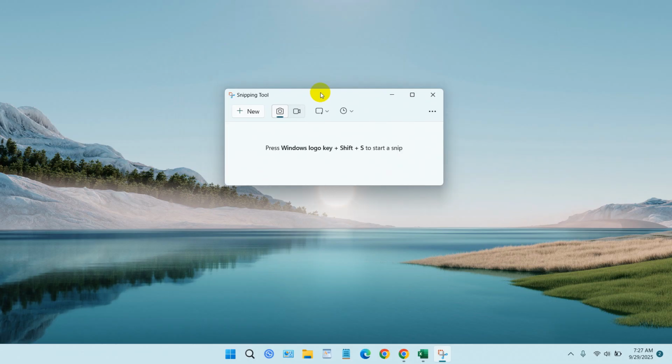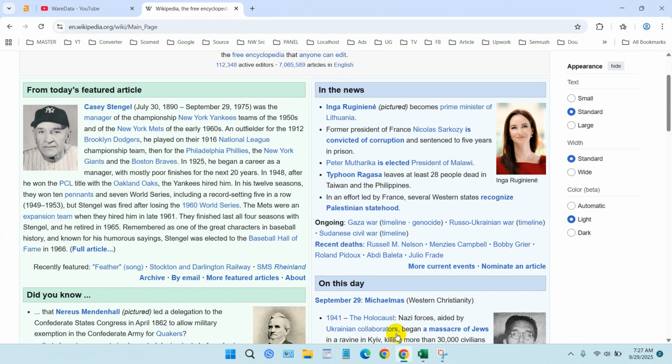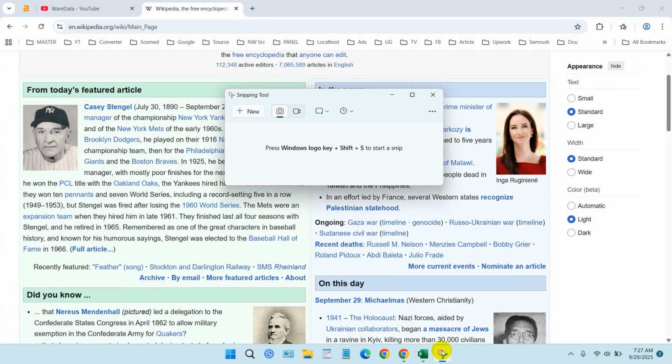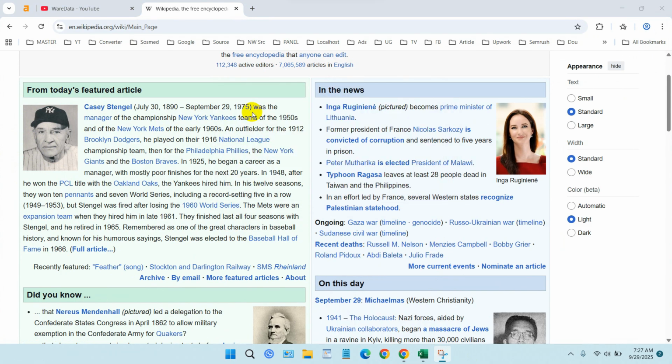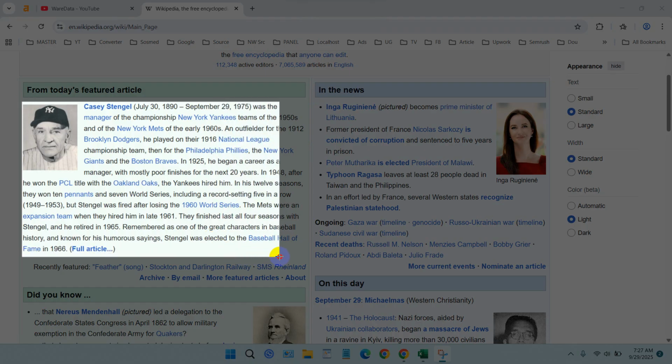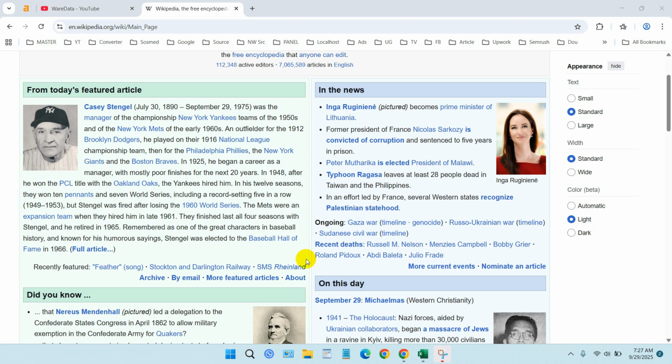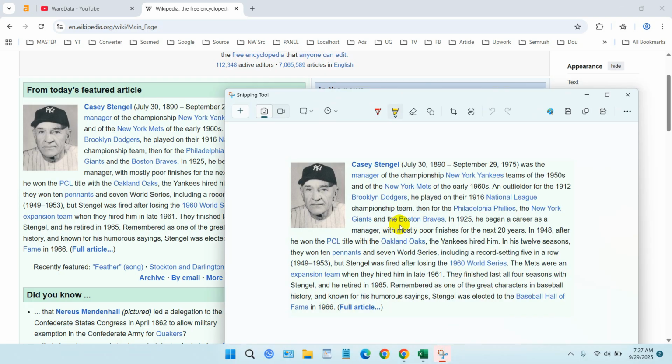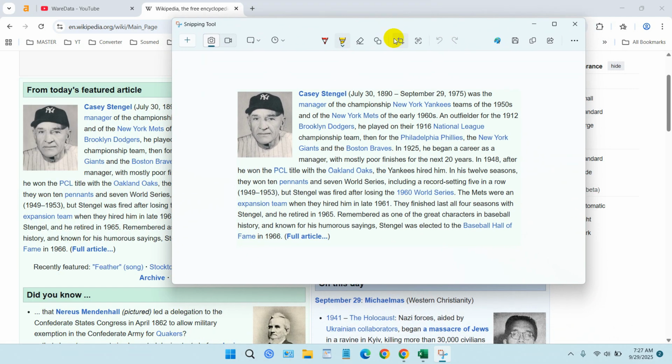Okay, let me show you how powerful this Snipping Tool is in the latest version. For example, we want to just snip this page or this part. Just go back to the Snipping Tool, and to begin snipping, just click New, and we can use the Snipping Tool like this, drag and drop like this. Okay, after that, usually the Snipping Tool will appear below, so you can click on it, and you can